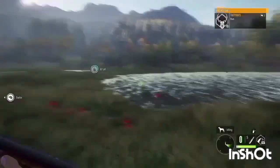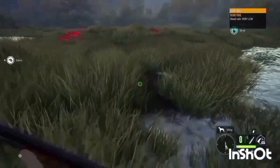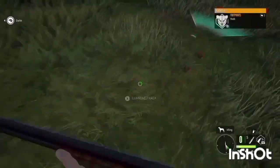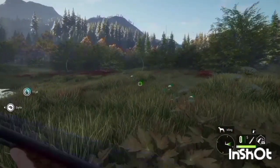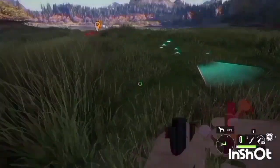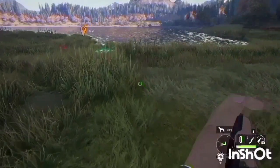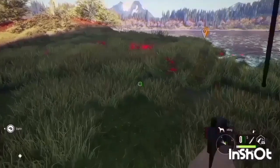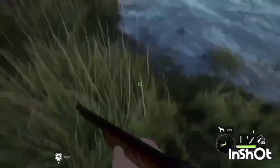Real quick, I'm going to do this mission. See if... bleed rate very low, so chances are I did not get him good enough. But nonetheless, I'm going to follow the blood trail. See if anything turns up. Go ahead and reload this right quick. Dang, I don't understand how... I don't know if they saw me, if they heard me, or...